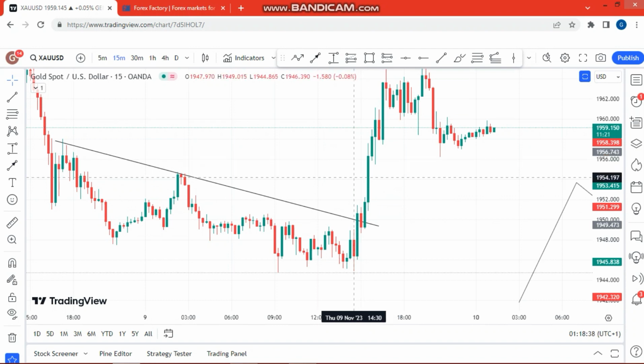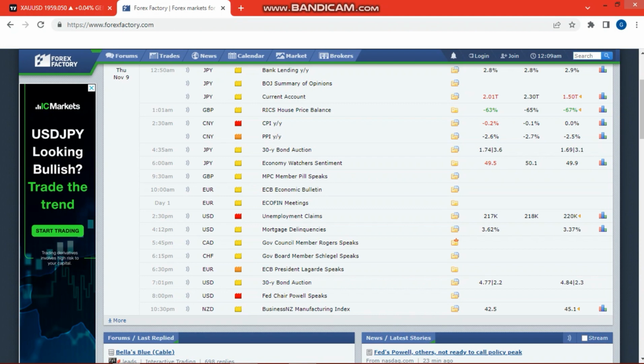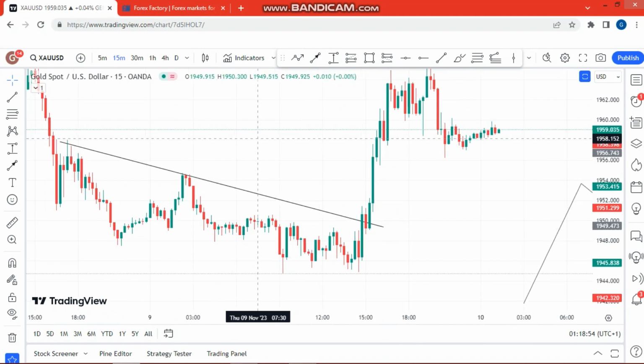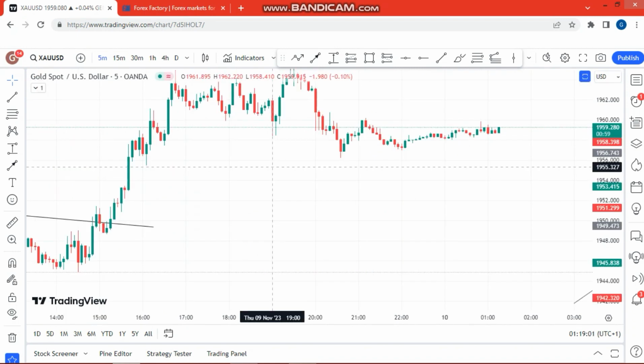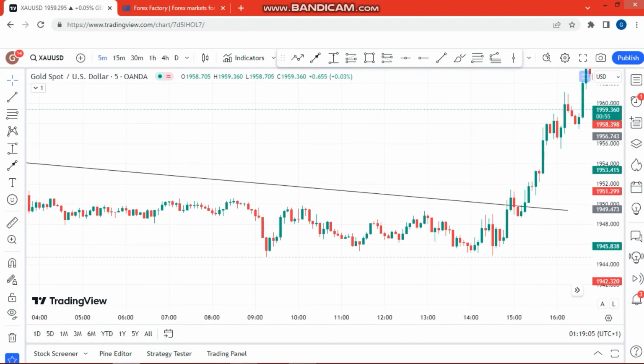And if you check the time frame right there, you see my candle down there, Thursday 09 November 23, 14:30, exactly the time for this, and price went to the upside just like that. And if you didn't take your entry from here, you could have taken it from the lower time frame, which is the 5-minute time frame. Looking at it here also,